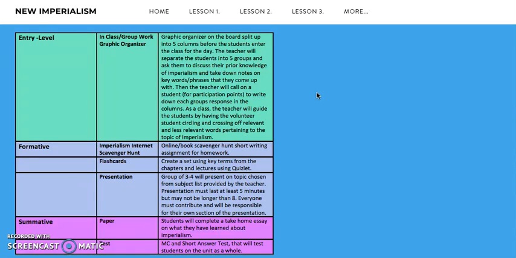I'll be creating a graphic organizer on the board, split into 5 columns, and then the students will be separated into 5 groups, and I will have them discuss their prior knowledge of imperialism, best educated guesses, any information, anything you've seen in movies or TV, anything you know will be helpful, and then I will take down notes